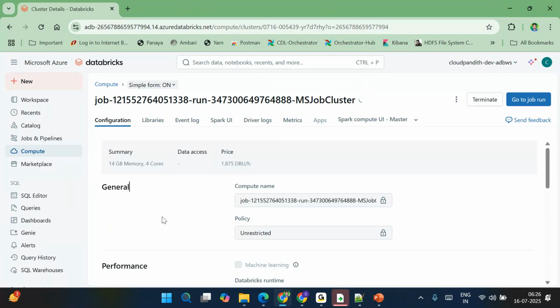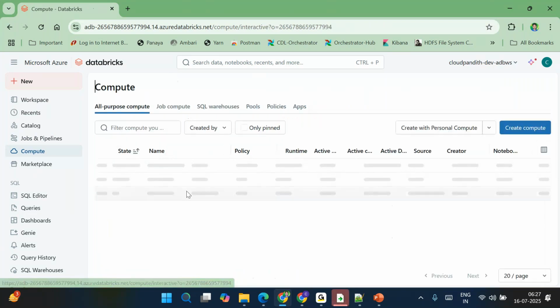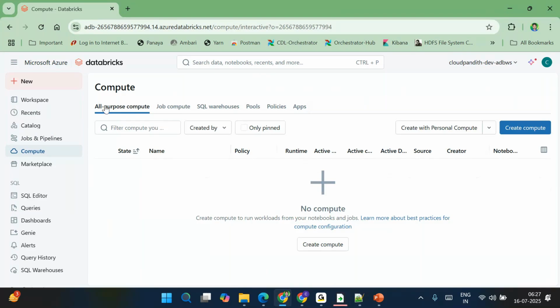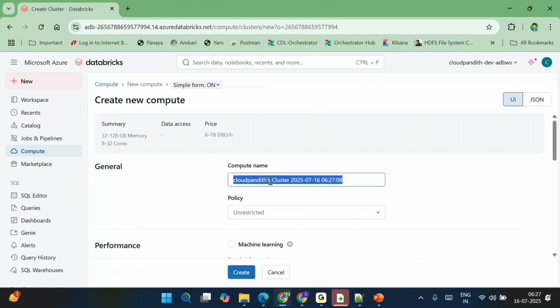4 to 5 minutes. Okay. So I don't want to waste 4 to 5 minutes. Meantime, I also wanted to show you. I want to create an all-purpose cluster as well. Click on create compute. So the all-purpose cluster name is